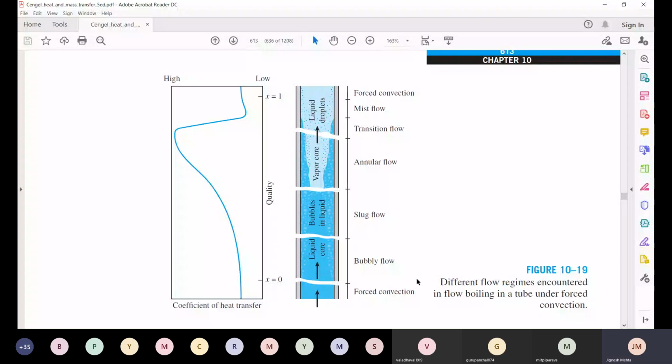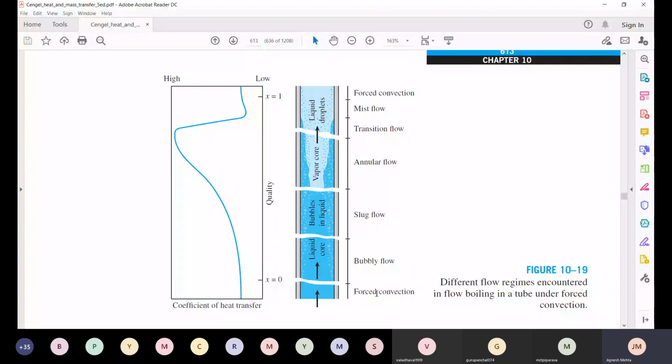You can have a look at the figure here, and there is a vertical tube shown, and there is a fluid which is passing through it, or it is pumped through that tube, and the temperature of the surface of the tube is high enough that boiling occurs inside the tube. So this can be a vertical tube in a boiler, and there is a continuous flow of water through this tube. The temperature of the surface is high enough that boiling is occurring.